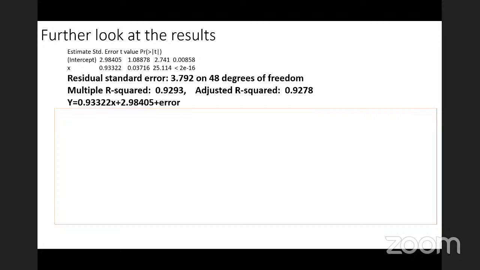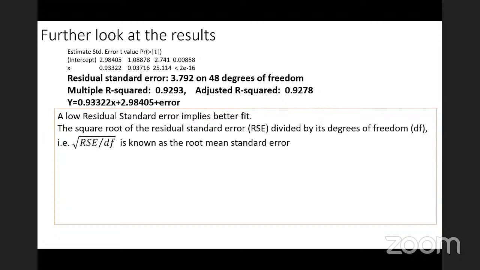Now, what do these mean? The residual standard error, the multiple R squared, the adjusted R square. Let's see. A low residual standard error implies a better fit again, but there is also another statistic known as the root mean square error, RMSE, which is just the square root of the residual standard error divided by